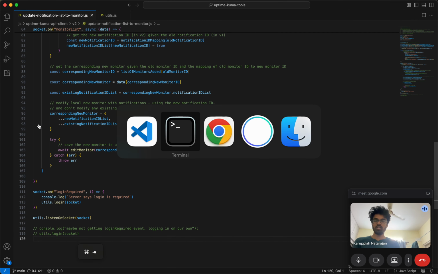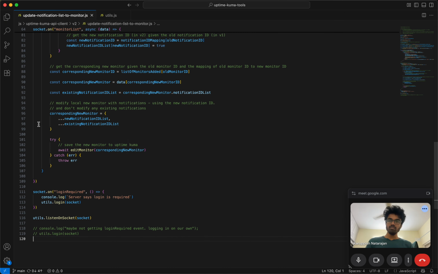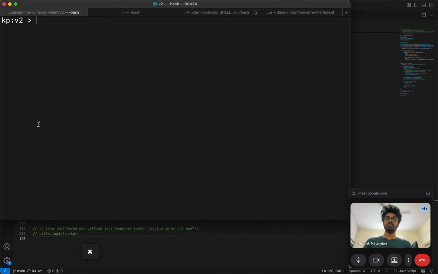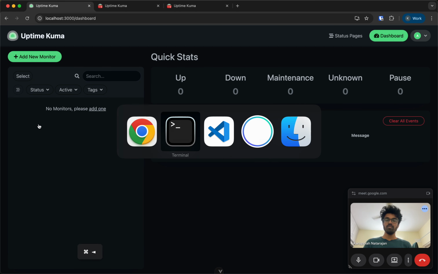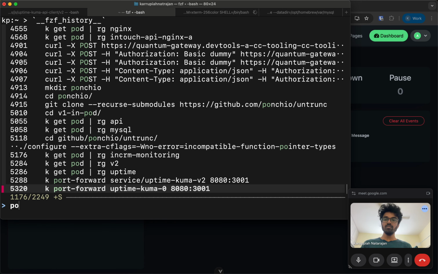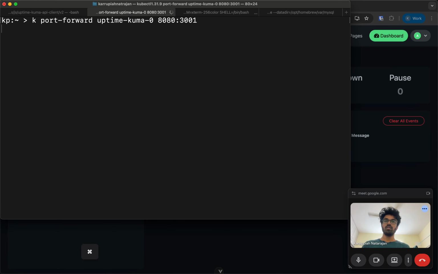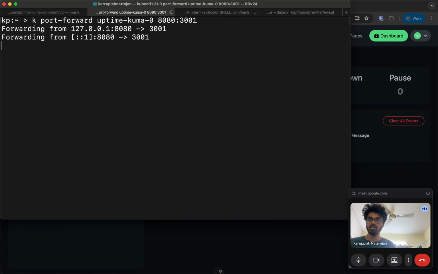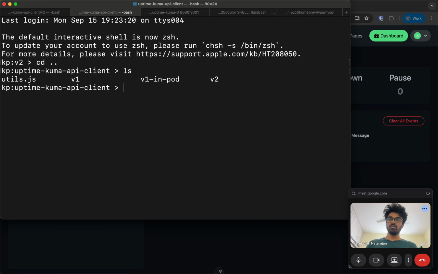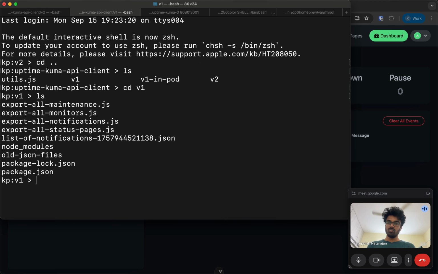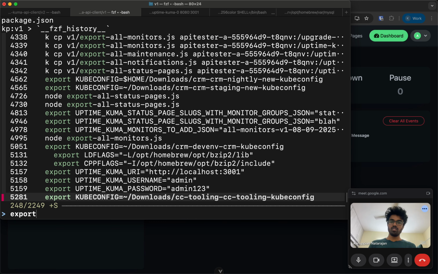Right, so now what I'm going to do now is maybe export on all monitors first, right? So let's do port forward here. So once we have this, we go to V1. So in V1 we already have a list of notifications. Let's just have a list of export